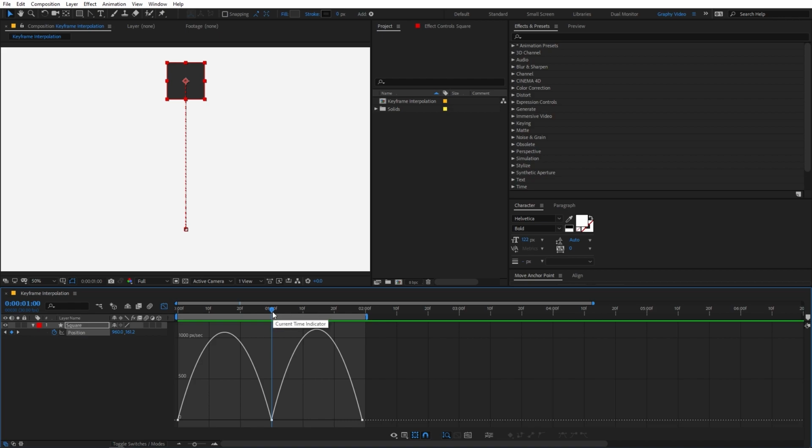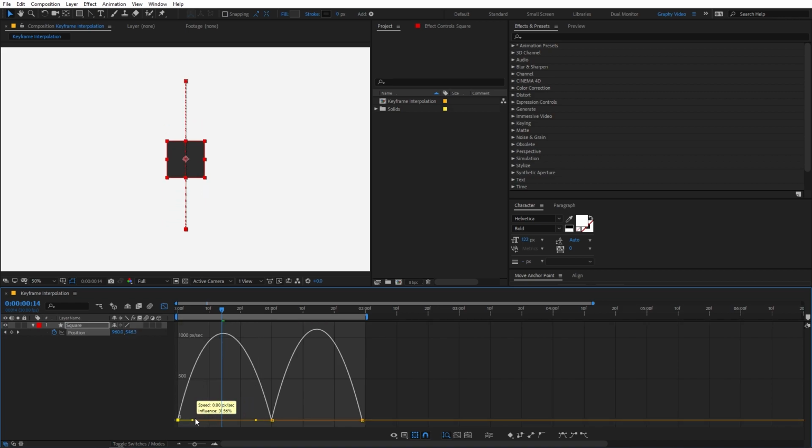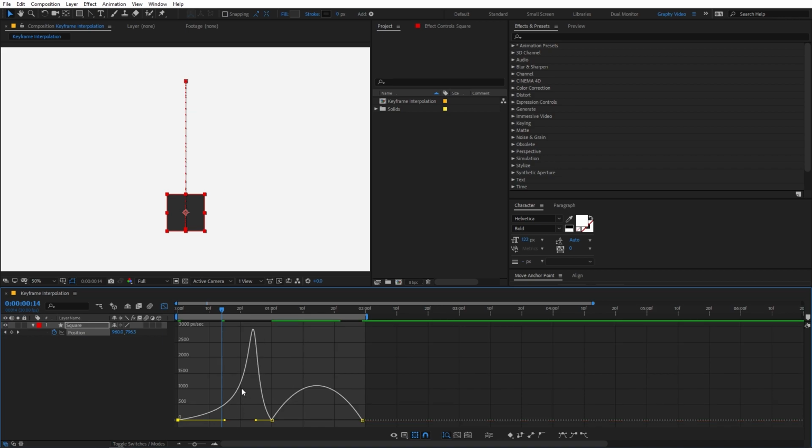Now you can tweak this easing by simply selecting these keyframes. If I click over here, you can see that it gives us these handles. You can tweak them more by clicking on this handle and moving it wherever you want, and you can see that it is changing the shape of the graph. If I move it to the extreme right, something like this, you can see that our graph has changed its shape. Now if I play back,